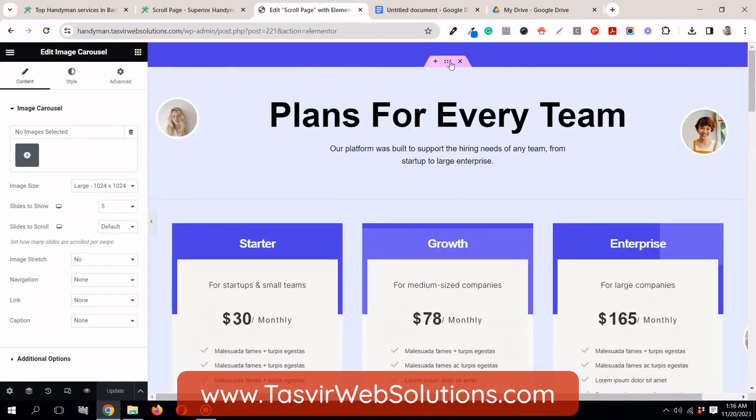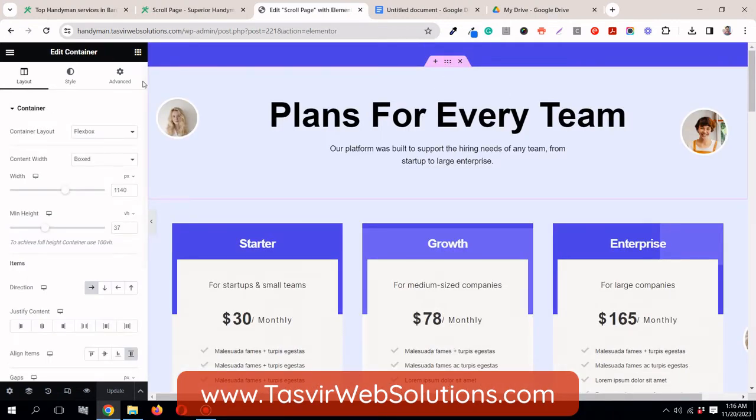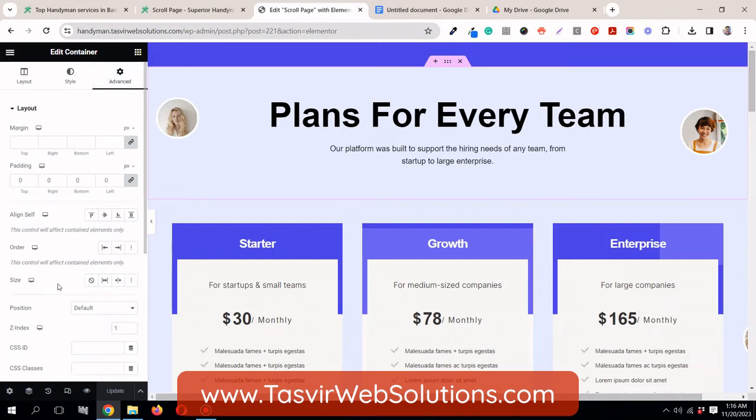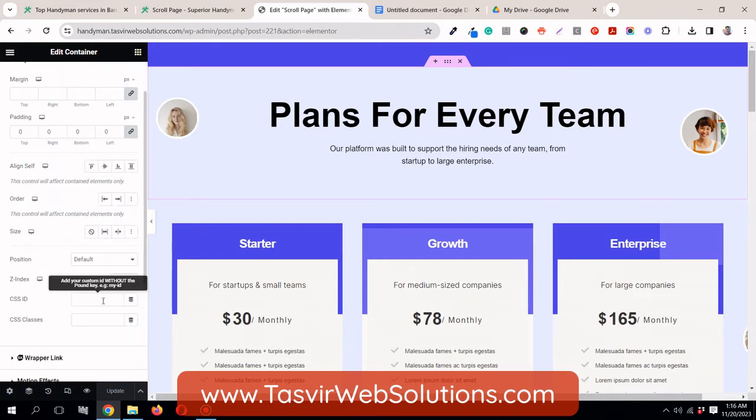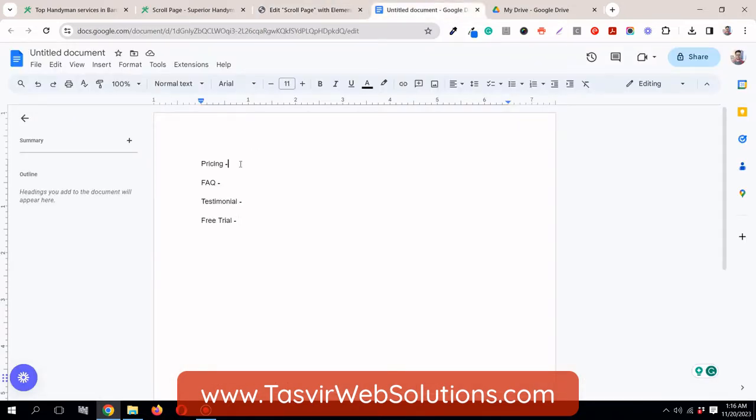Okay, so firstly let's start with the pricing. Click over here, the container, go to advanced setting, and over here you see CSS ID. Write down pricing. Okay, copy this exact thing and paste it over here,